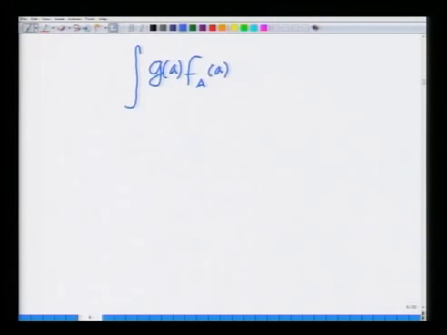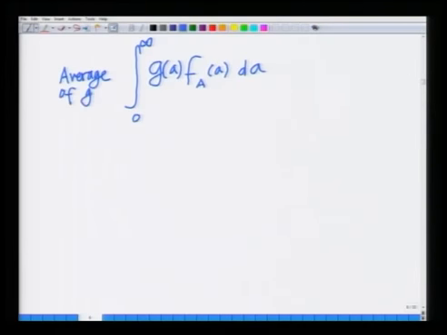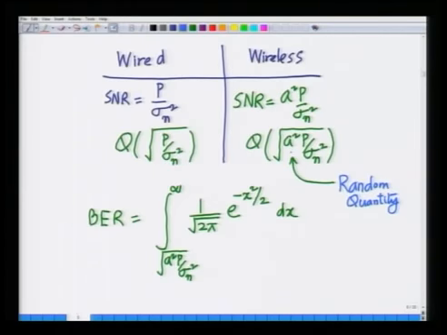Since the limits of a are 0 to infinity, remember the amplitude has a limit from 0 to infinity, this is g of a multiplied by the probability density function f of a times da integrated between the limits 0 to infinity. This is the average of g of a. Hence, if you look at this bit error rate, I have to similarly average this over the distribution of the random fading coefficient gain a